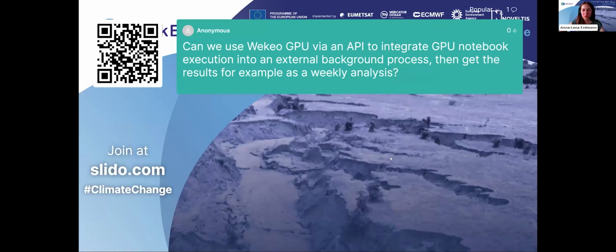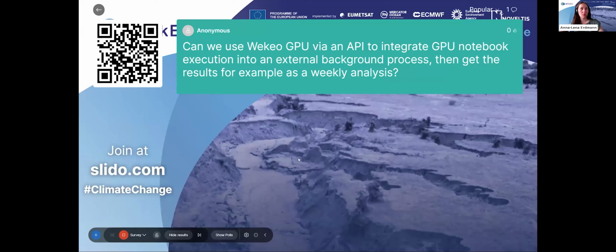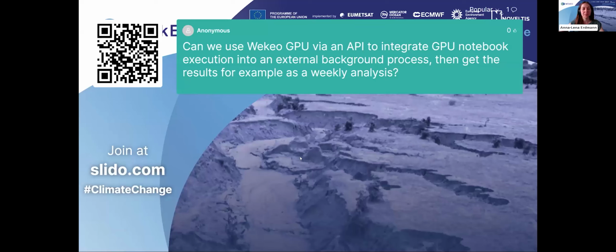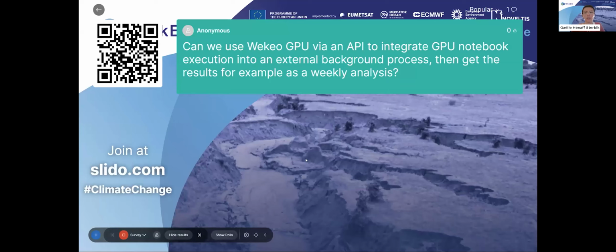That is a good question. I'm also not 100% sure how that would work. In the WEkEO workspace, you also have access to the command line interface, so to a terminal. So you can also use the GPU with that, so you don't have to necessarily use it in a Jupyter notebook. But I'll also check with our technical experts on that question, and then I'll get back to you. I will put it on the side also if you want to have more detail. Okay, thanks. So we will have to stop there for the